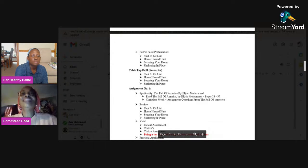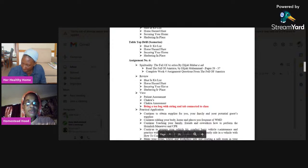Somebody had mentioned the plywood for windows. Yes. So if there's civil unrest, you also want to put that plywood up to keep people from breaking into your home. How to shelter in place. You know, you're not gonna always be outside cooking, though your electricity is off. So how do you cook inside without